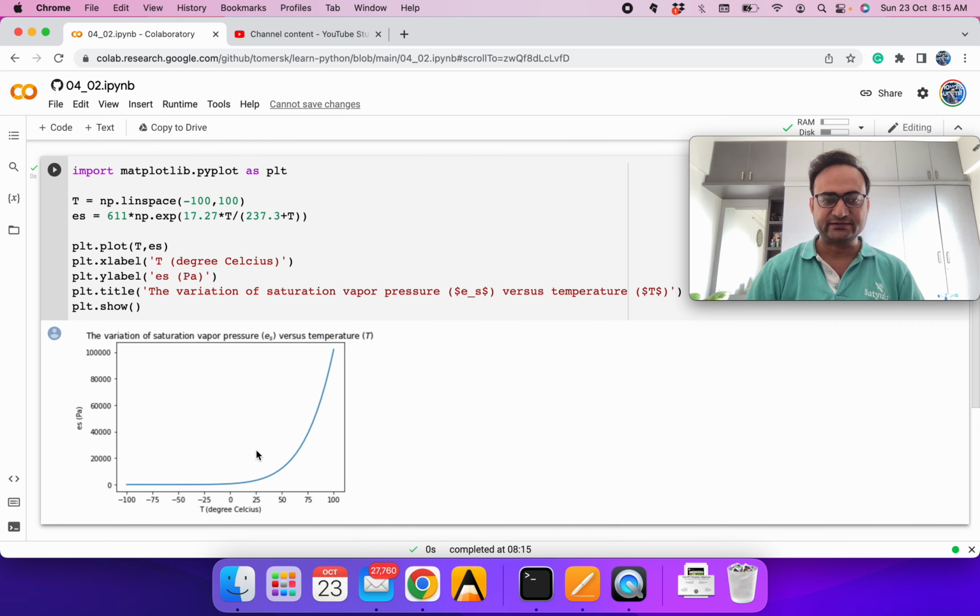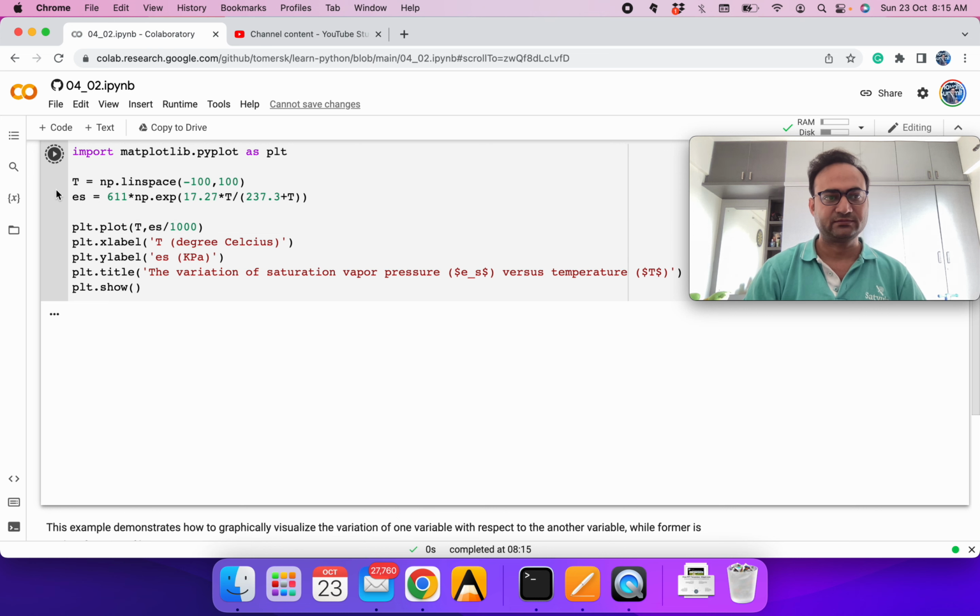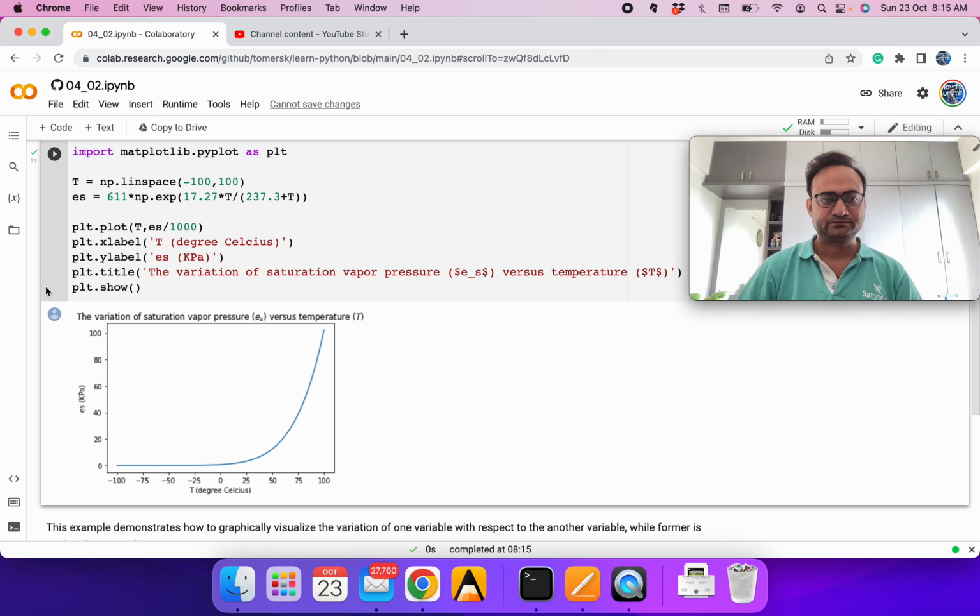So you can see a nice graph. T is varying from minus 100 to 100, and you can see the value of ES, the pressure, in Pascal. If you want it in kilopascal, you can divide your values by thousand and change your unit.